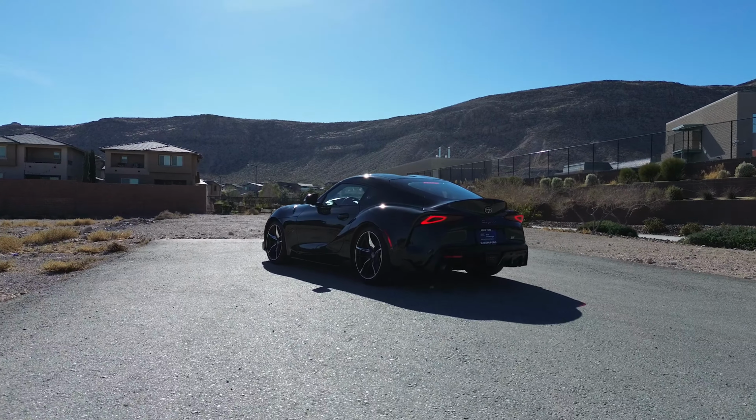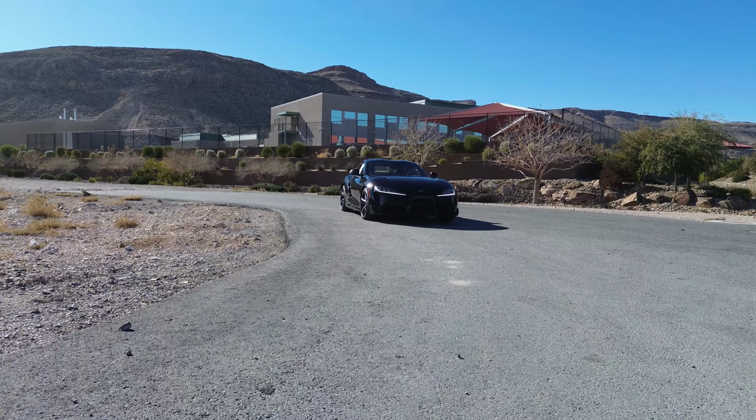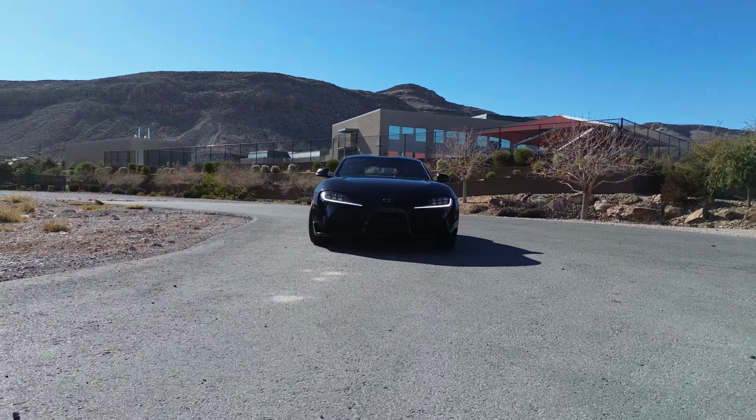This is a 2021 Toyota Supra, and this is Toyota's premier sports car. Today, I'm going to be bringing you a review and telling you whether or not I think this car is